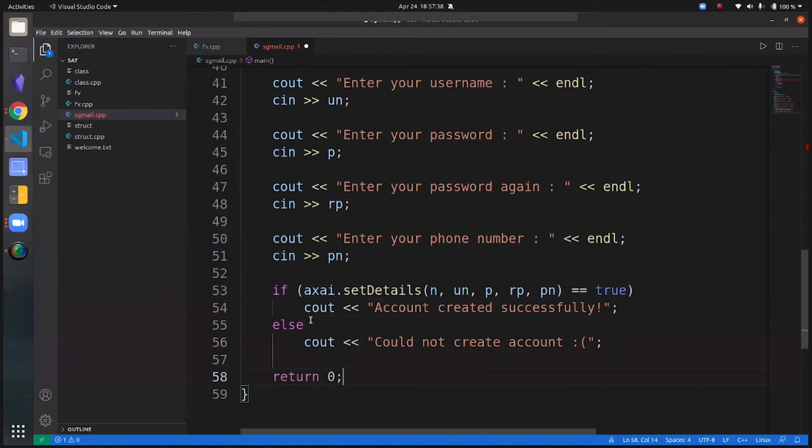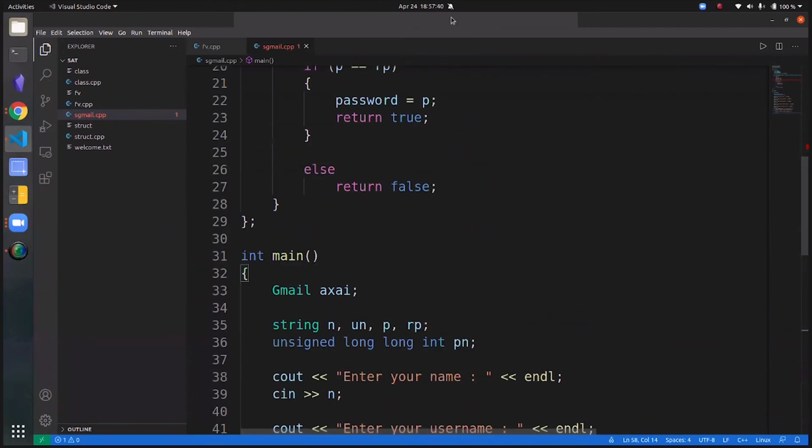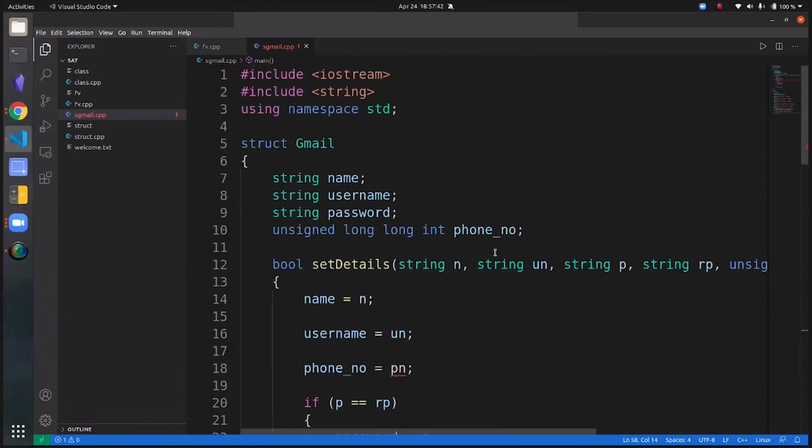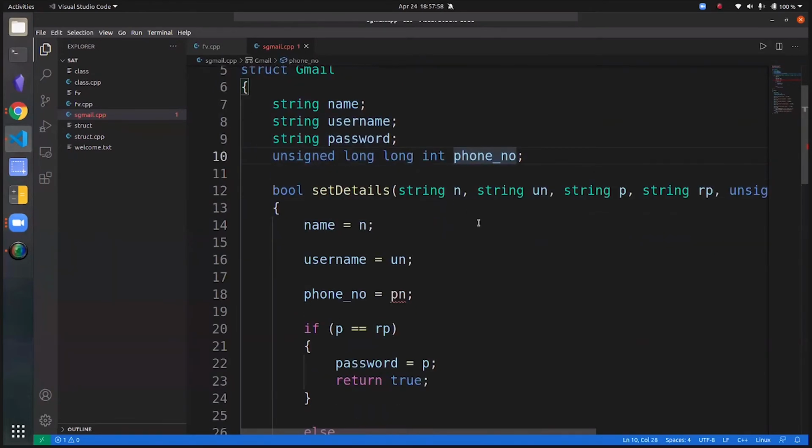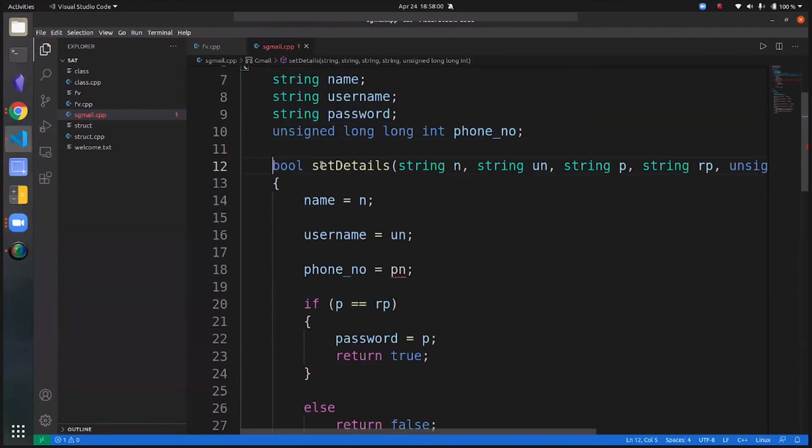So let me just recap what I've written so far, so that it's clear for you guys. The first thing we do here is we create a structure called Gmail, and the contents of the structure are as follows. We have these member variables: name, username, password, and phone number. And then we have a member function called set details.